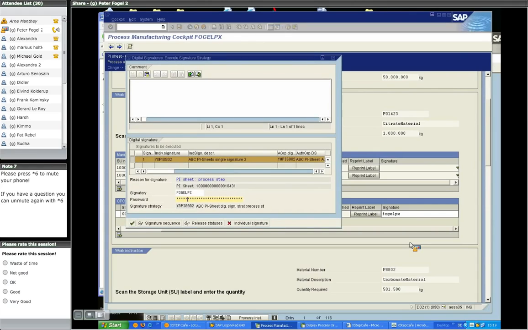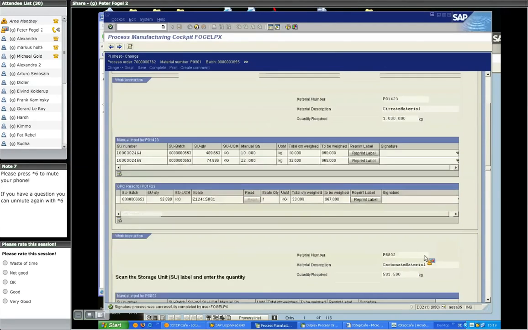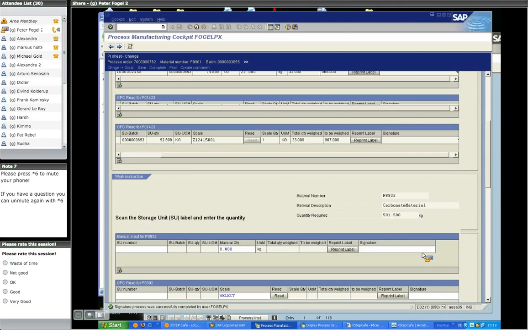And here, this is a completely different PI sheet, and the area where this PI sheet is executed is checking the process order, the operation sequence, and it's checking if the preceding operation is already finished. That means you can define in your recipe a